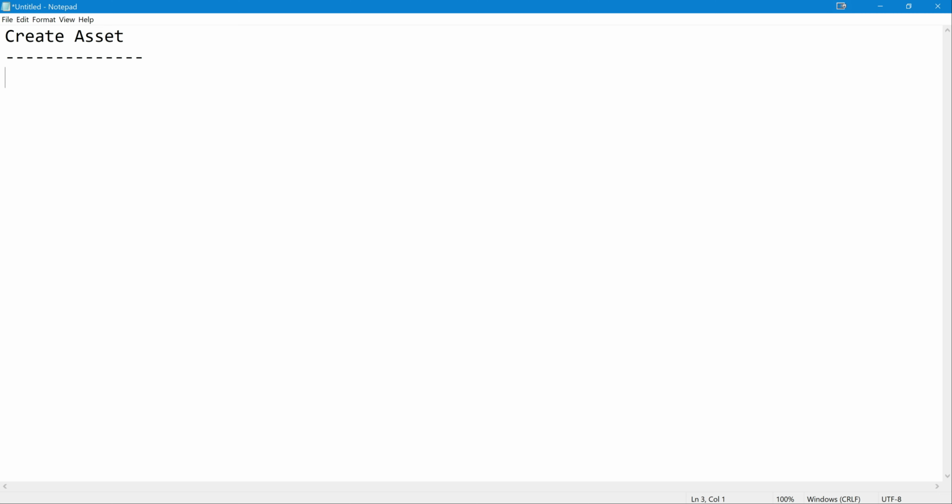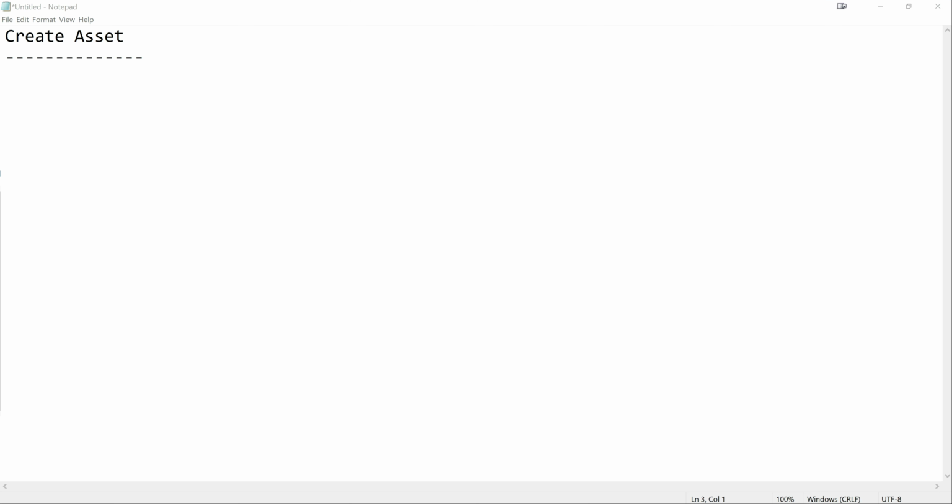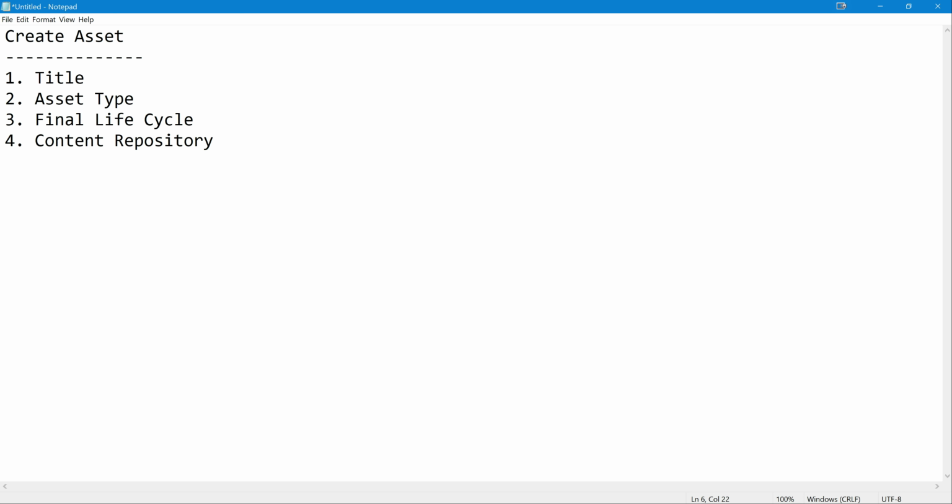First, we need to understand whenever we are creating an asset, there are a couple of mandatory fields need to be filled in. Even from the code as well, we need to pass all those field values. I already filled in the slide. So there are four of them mainly. Title is a property which is mandatory, and all these three are relations. Asset type is a taxonomy that assigns what type of asset it is.